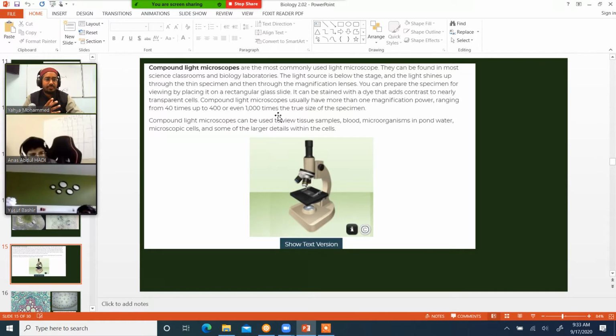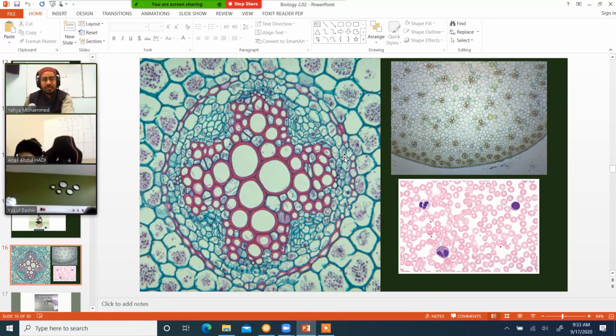It's like if you take a picture that has low resolution and you try to zoom in, are you going to see a whole lot of detail? No, right? So it's the same thing. With the compound light microscope, beyond 1,000, you could zoom in more, but it's just going to be blurry. You're not going to see a whole lot. It's going to be like pixels.